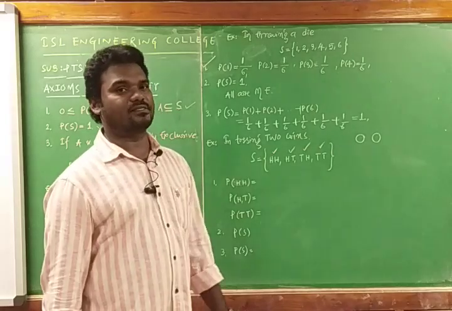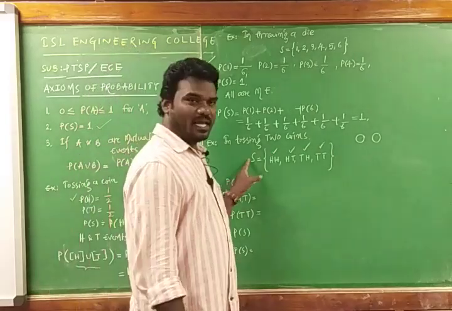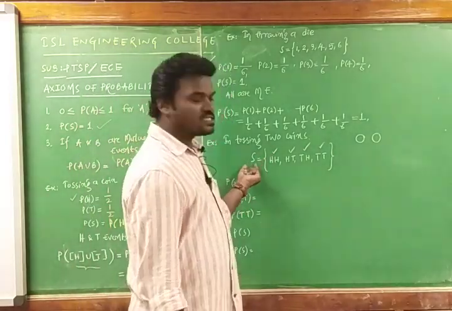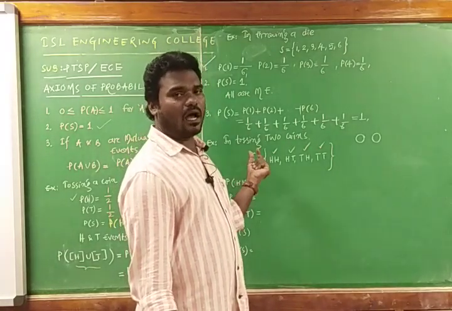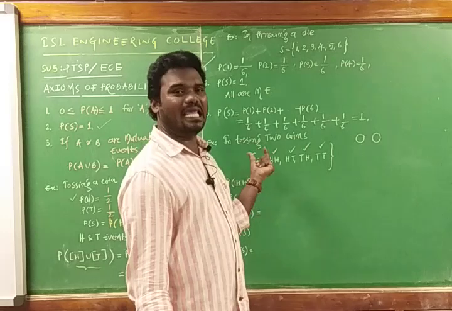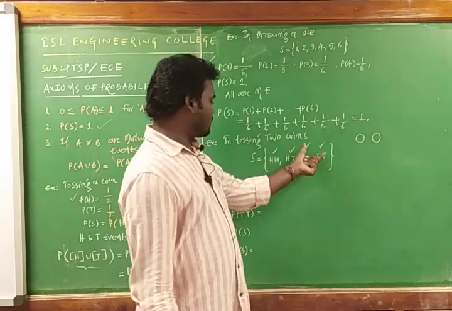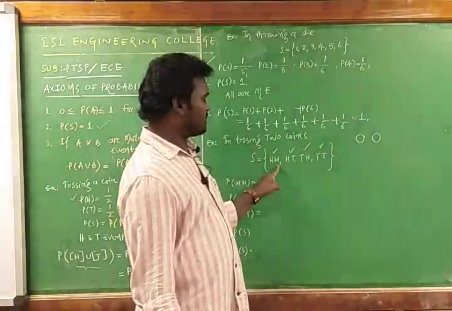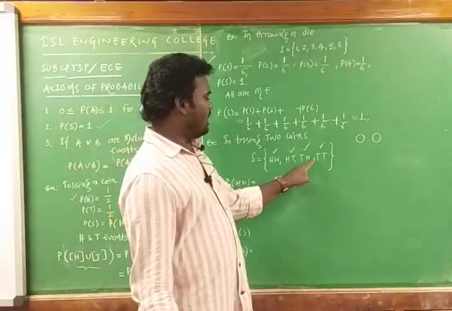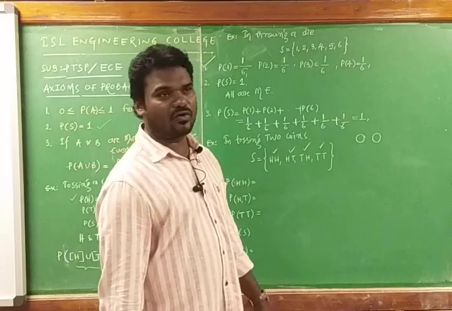That set is named the sample space. The sample space is a set in which we have all the possible outcomes, all the possible events of an experiment, and it is denoted with S. S is equal to HH, HT, TH and TT. So we are going to verify the